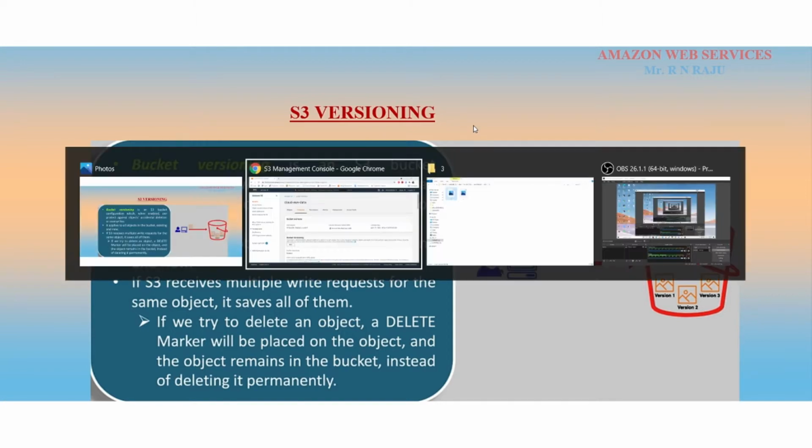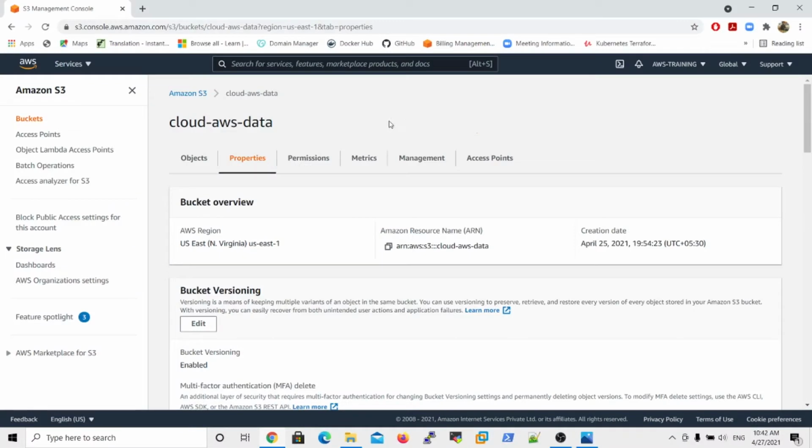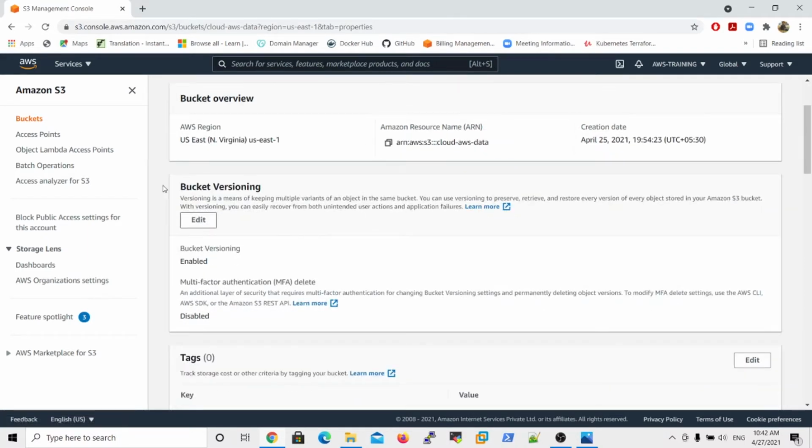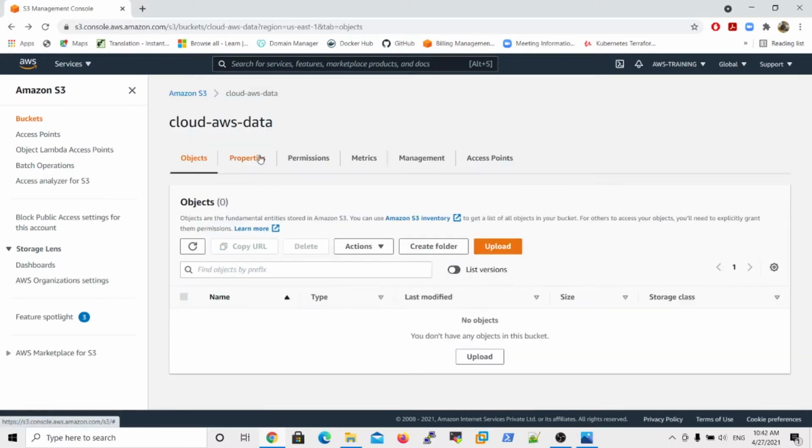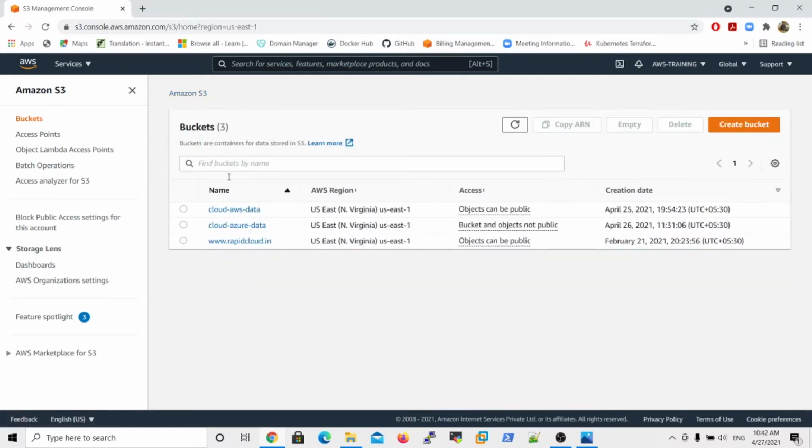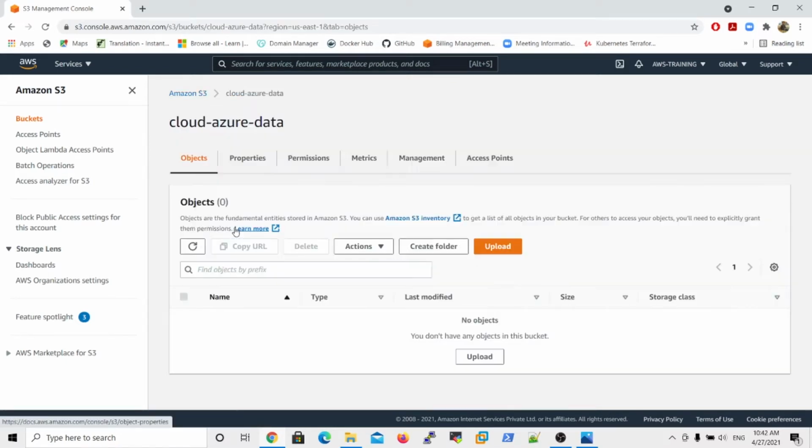Then how can you enable S3 versioning? This is my bucket, the bucket name is cloud AWS data. Under properties, the first field is bucket versioning. Already my bucket versioning is enabled, so I will take another bucket. My second bucket is cloud Azure data.